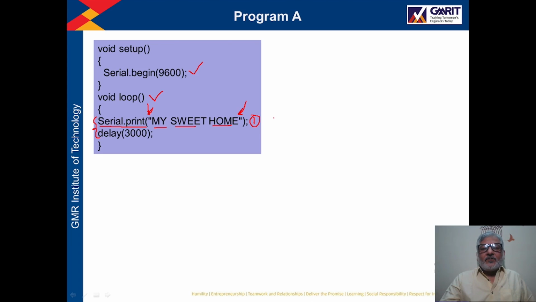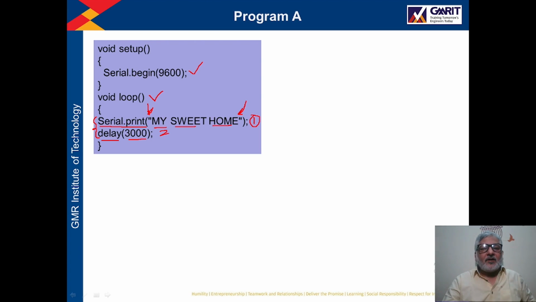Once this is printed, statement number 2 generates a delay of 3000 milliseconds, that is 3 seconds. So after printing "my sweet home", there will be a delay of 3 seconds. Then again "my sweet home" will be printed on the screen.